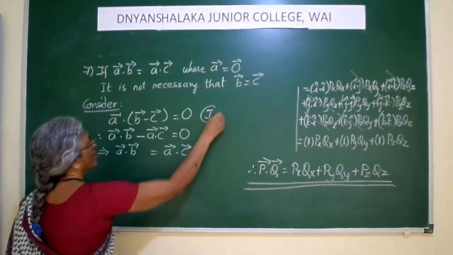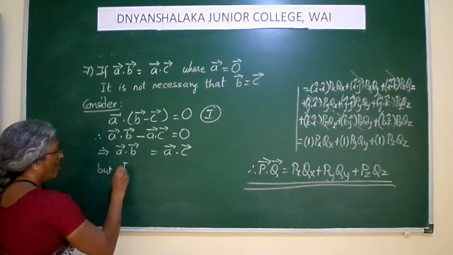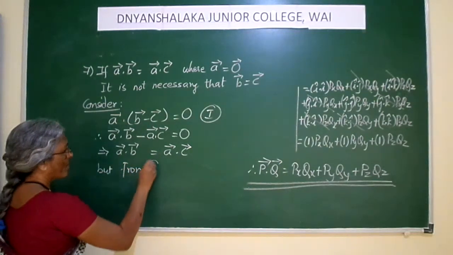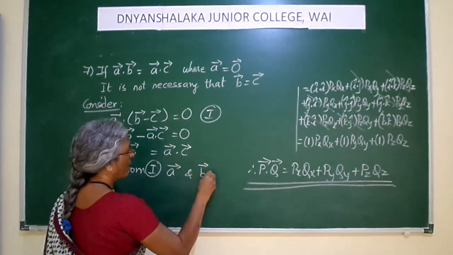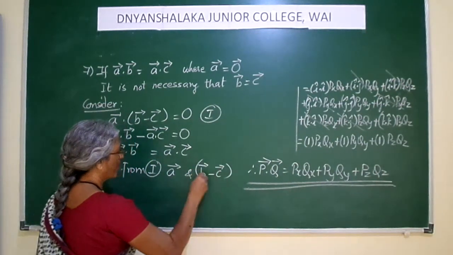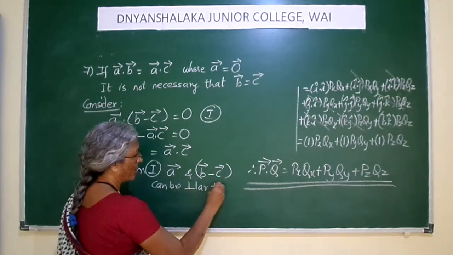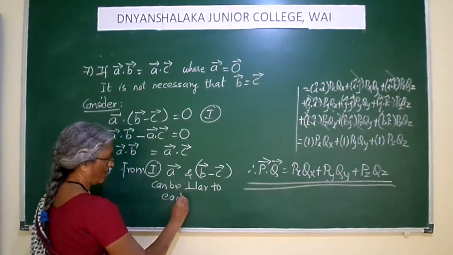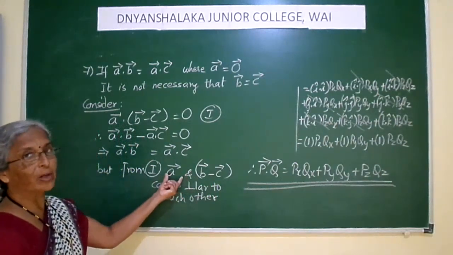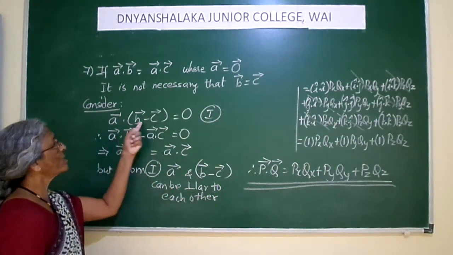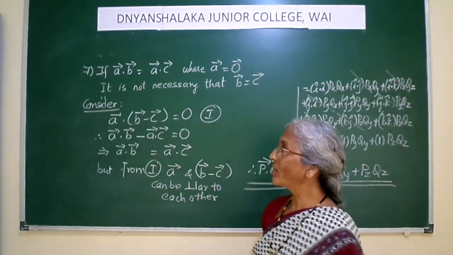But from 1, vector A and vector B minus vector C can be perpendicular to each other. Okay, these can be perpendicular to each other, then too their scalar product will be equal to 0. Getting it? So it is not necessary that if this